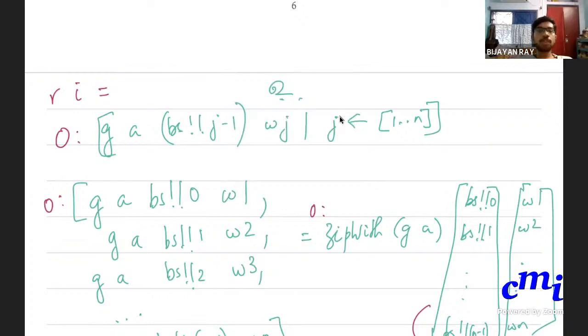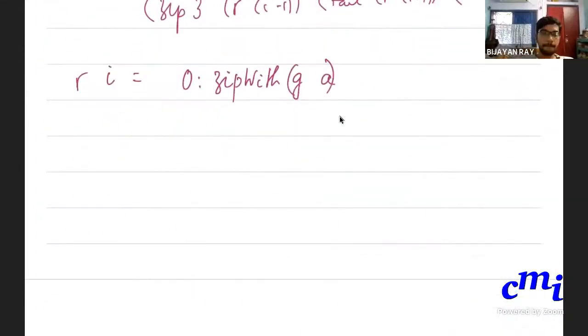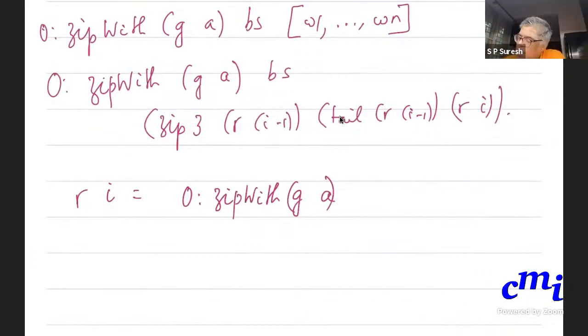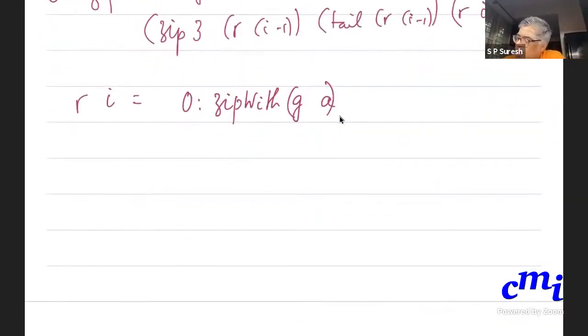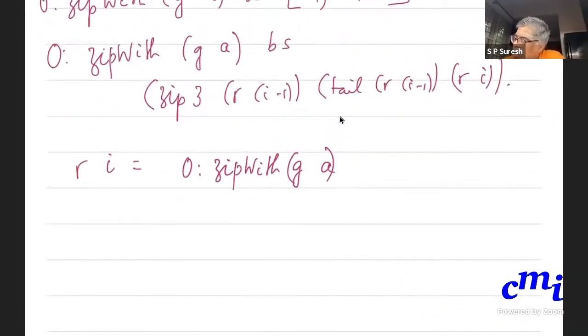Now the BS list will give you 1 character after another, and that is a list of triples from which you get a triple. So now coming back to this, Ri, as we have just established, is 0 followed by zip width of GA on B's, and then zip 3 of R I minus 1, tail of R.